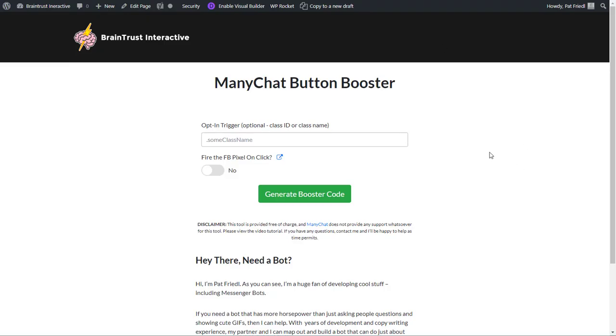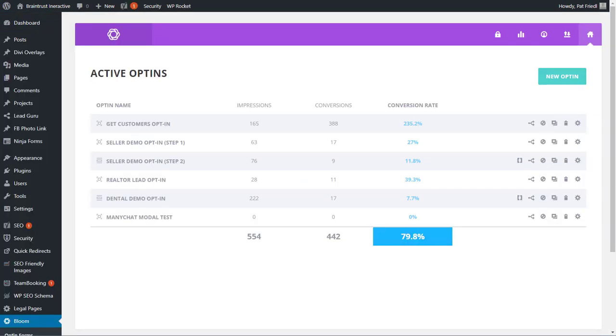So what we'll do is we're going to show you how to use this for the Bloom plugin built by Elegant Themes, and that works in WordPress. So the first thing we're going to have to do is do a little bit of setup. So this tutorial is not going to cover everything about Bloom plugins. If you've got the Bloom plugin, you should know how to set up your opt-ins. So what I've done is I've created a ManyChat modal test, and this